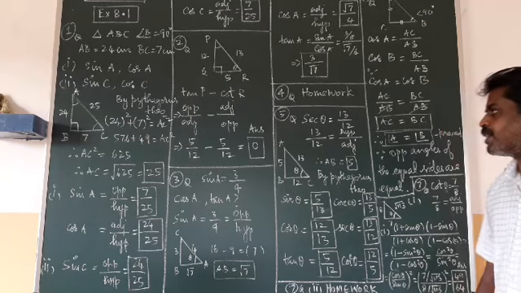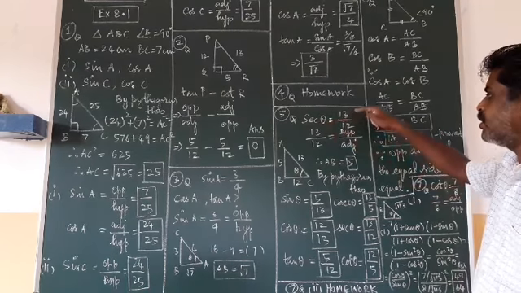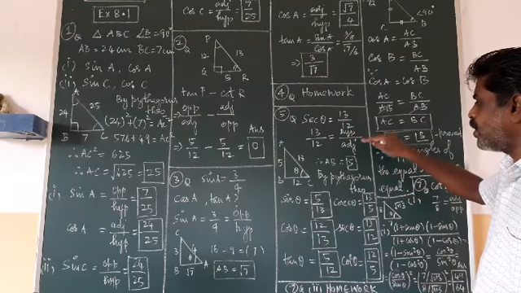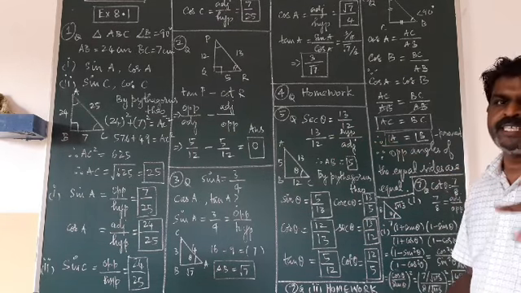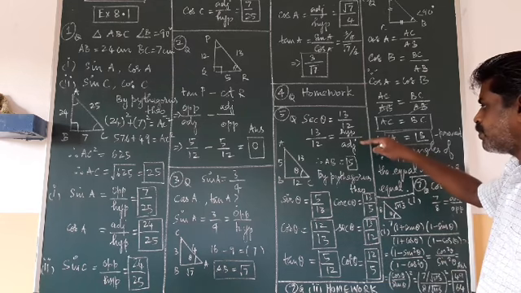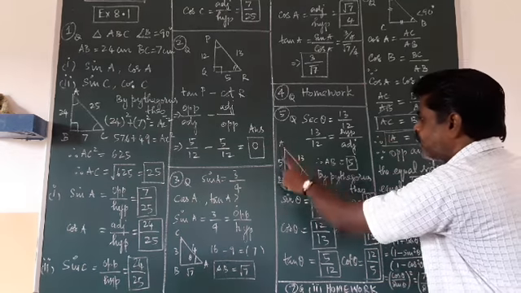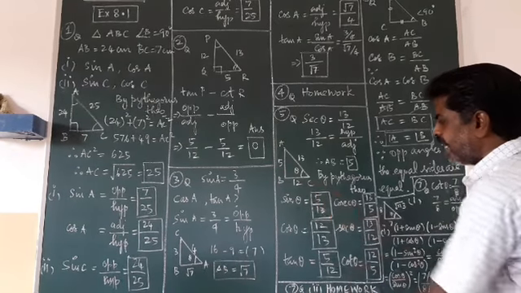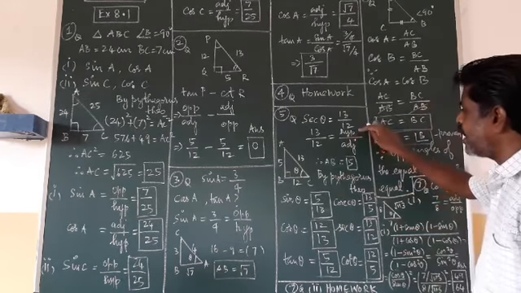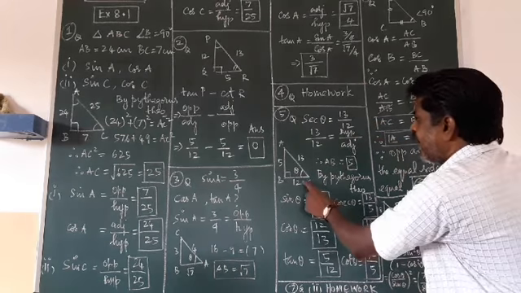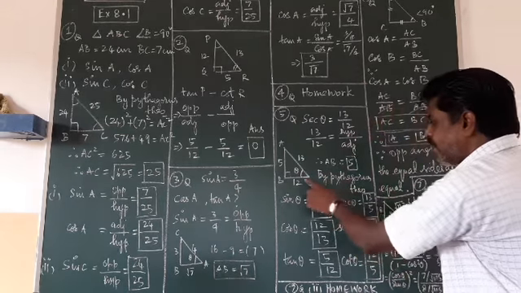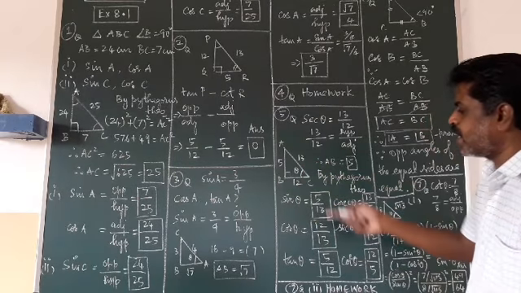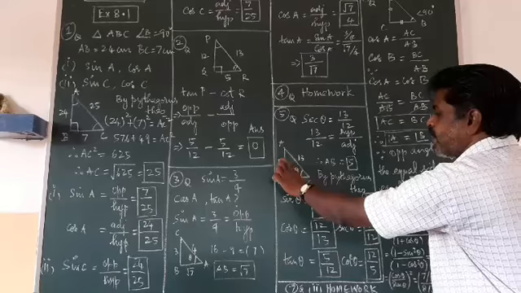Fifth question. What is given? Secant theta equals 13 upon 12. What is the ratio for secant theta? Hypotenuse upon adjacent, because it is the inverse of cos. So mark it in the diagram. Suppose I have taken a right angle triangle ABC. For this one, hypotenuse and adjacent. Suppose angle C I am taking as theta. So hypotenuse is 13, adjacent is 12. Then I am finding the other side by using the Pythagoras theorem. AB I am getting 5.